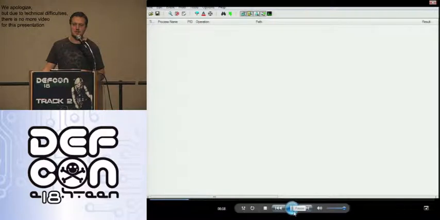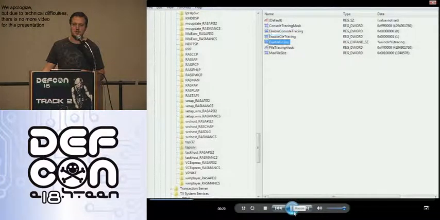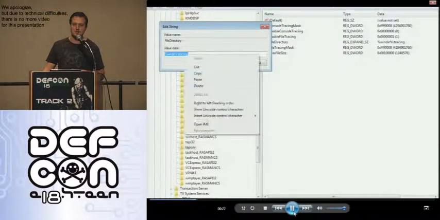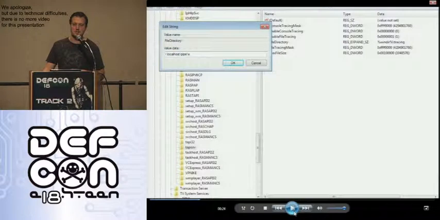So the way to exploit it is pretty simple. Named pipe: you remember one of the APIs used for impersonation that I mentioned at the beginning is called ImpersonateNamedPipeClient.